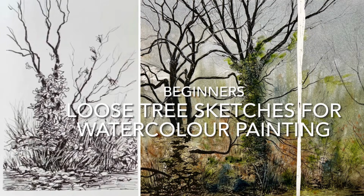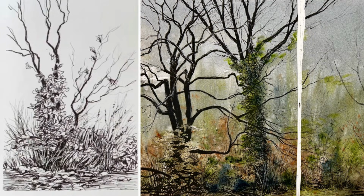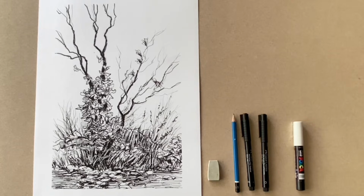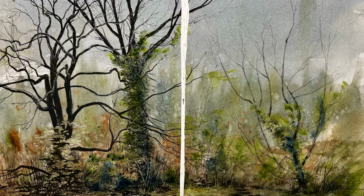Hello and welcome back. Today I'm going to be talking about sketching and showing you how I go about creating the line work sketches for my woodland paintings, particularly for my loose trees. I'm hoping that you'll find it really helpful because it's the kind of process that you don't need much equipment for. And if you practice your observational skills in sketching and drawing the world around you and then translating that into this sort of loose mark making that I'm going to demonstrate,